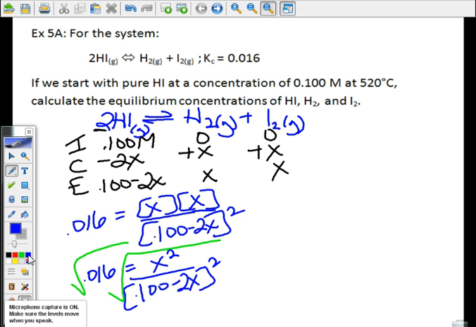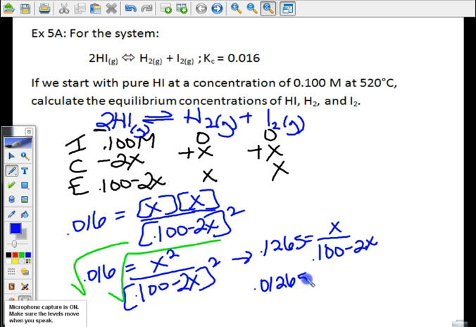So, take the square root of both sides. I'm going to get 0.1265 equals x over 0.1 minus 2x. And then you've got to get the stuff out of the denominator, and you've got to combine terms, and hopefully you end up with